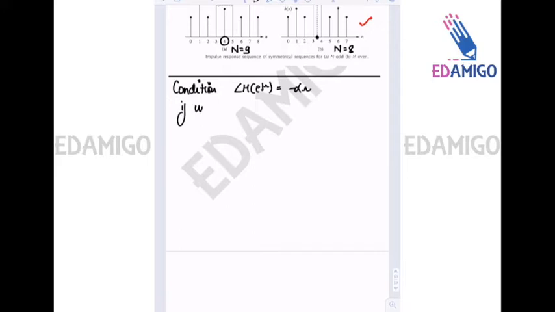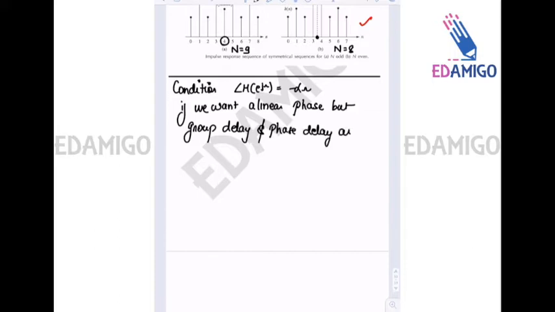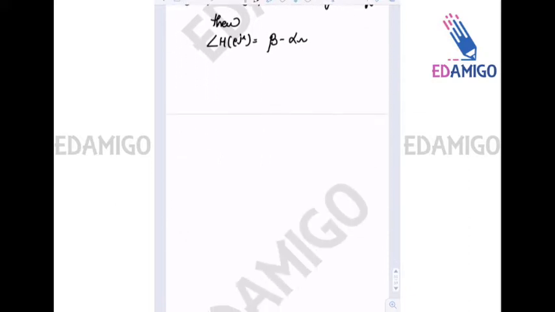But if we want a linear phase, but where group delay and phase delay are different, then let us take the phase as beta minus alpha sigma. So here the group delay and phase delay will not come out to be the same, and applying the same condition